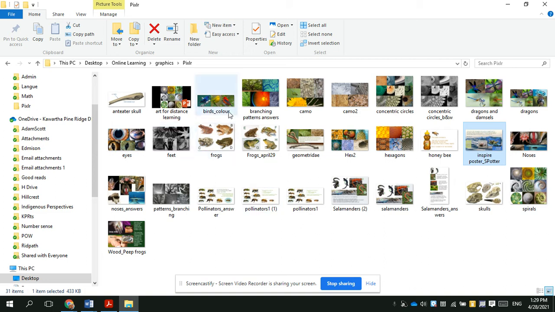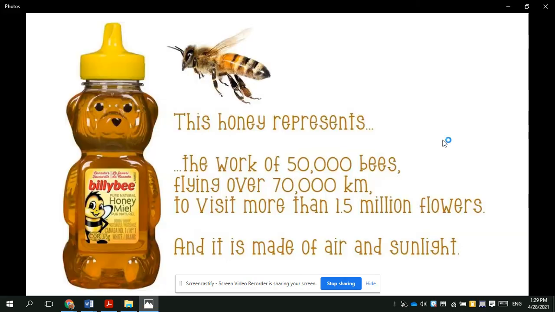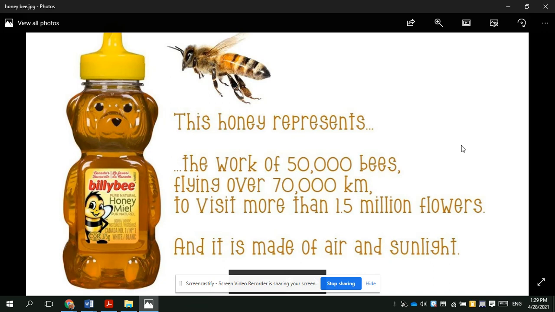I'm showing you right now a folder on my computer where I've kept my graphics that I've made using Pixlr. It's a really neat product for allowing you to put images together with text, so you can use it to create whatever little learning messages or slides in PowerPoint or Google Slides, as you might like, for your students for teaching. But it's also a really great tool to teach them to use in order to help them create their